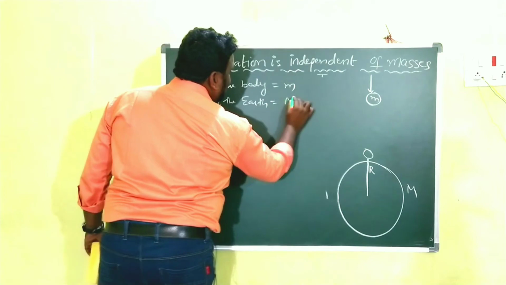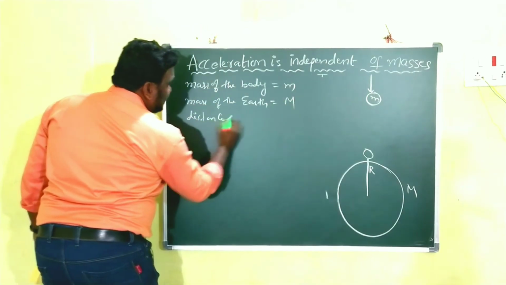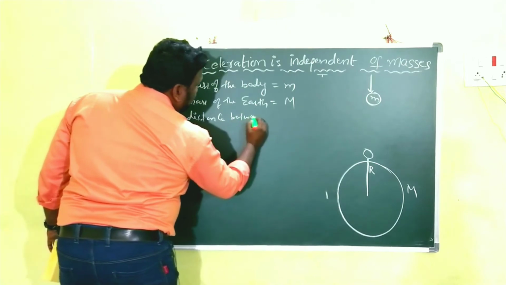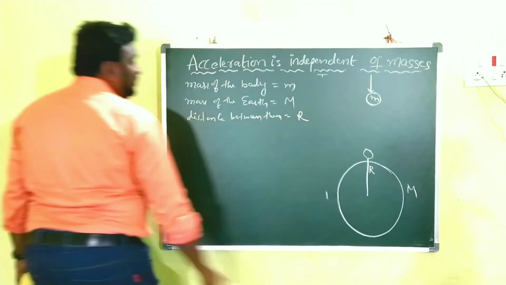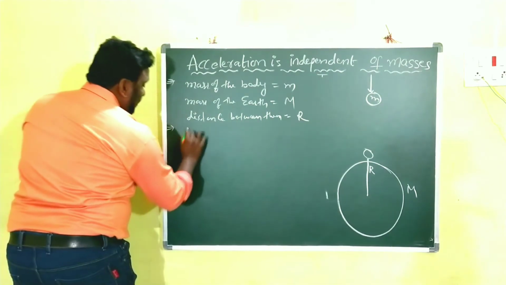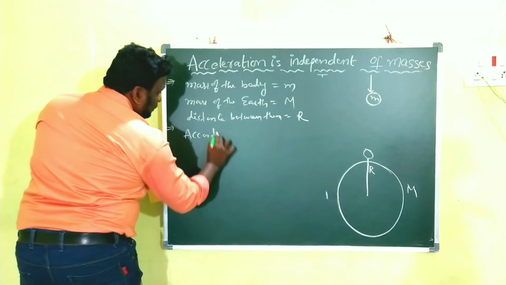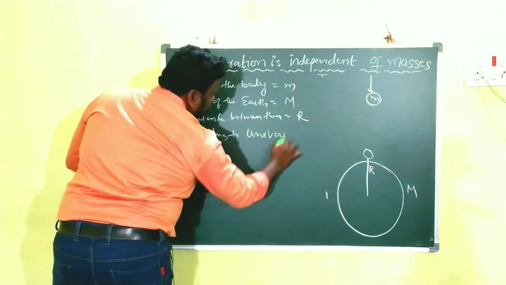Capital M. And the distance between them is almost R. Then children, according to the universal law of gravitation,